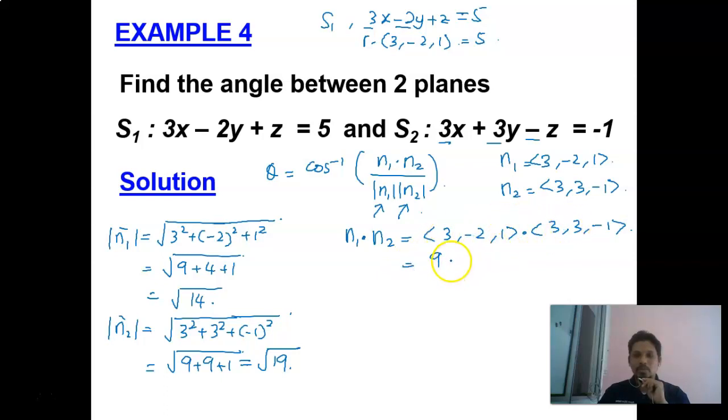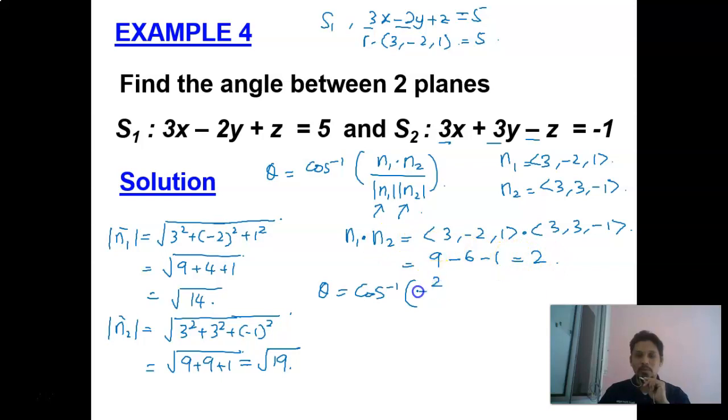Negative 2 times 3 equals negative 6. 1 times negative 1 equals minus 1. So negative 6 minus 1 is negative 7. 9 minus 7 is 2. So then theta equals the inverse cos of n1 dot n2,